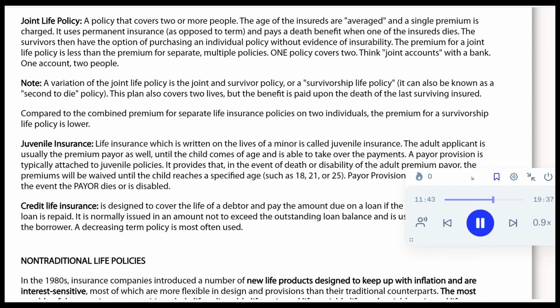The premium for a survivorship life policy is lower. Juvenile insurance. Life insurance which is written on the lives of a minor is called